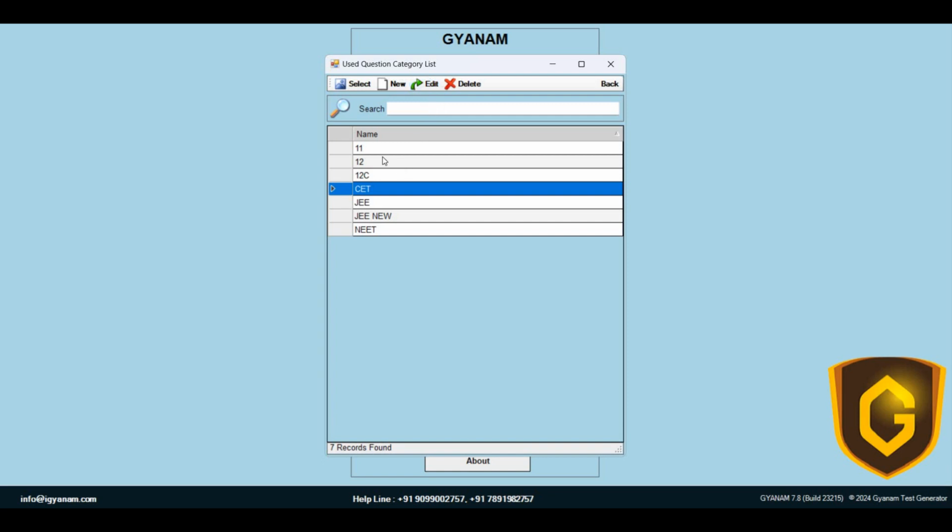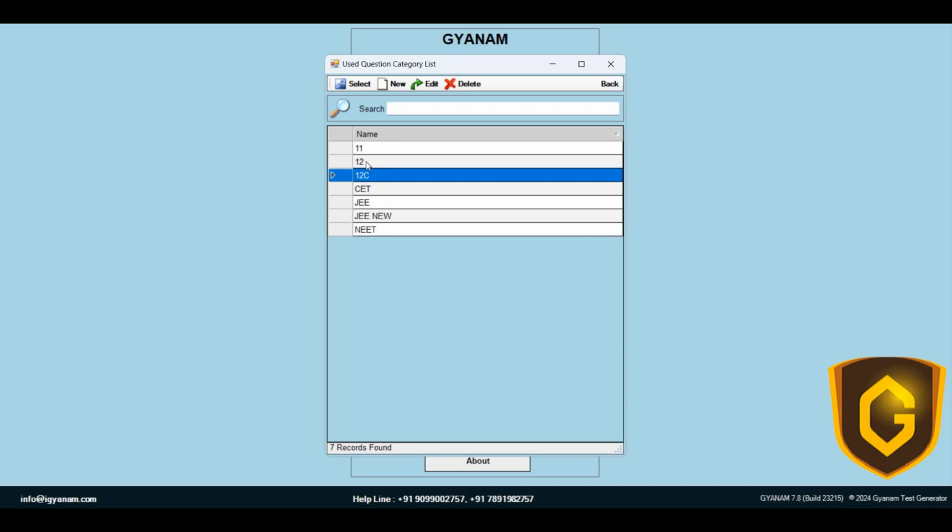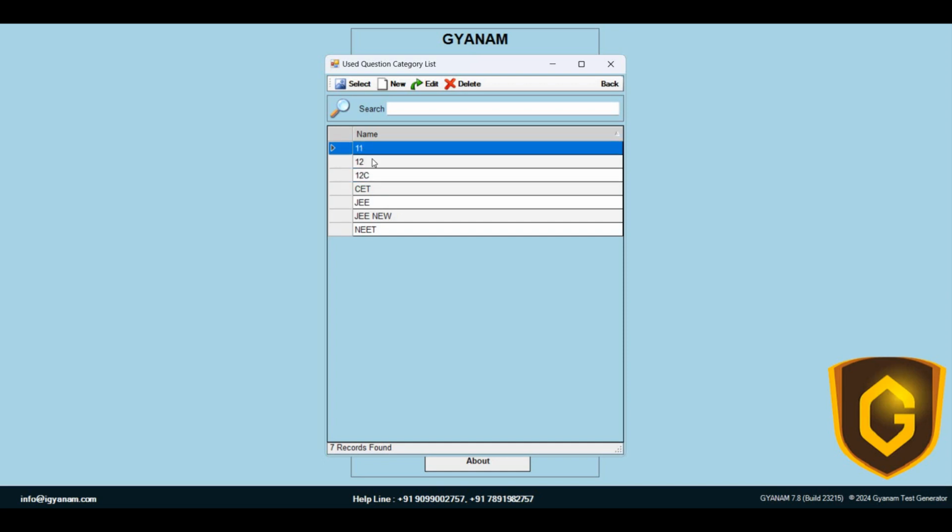Every batch has all the questions. The batch feature is just to classify how many questions you have used for that particular batch. Like for the JEE NEET software, we have more than 2.5 lakh questions. So the 11th class also has all the questions, and the 12th class also has all the questions. Whatever questions you use in that batch will remain used for that particular batch only. So now I am going for this 11th class batch.